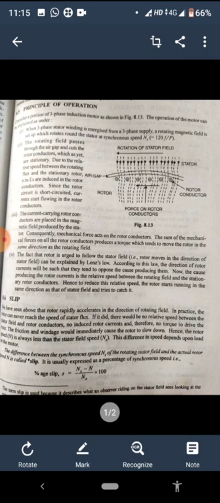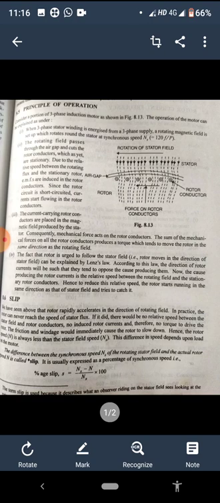In another way, according to Lenz's law, the EMF is produced due to the rotation of the stator field. According to Lenz's law, we have to oppose the cause which is producing it, so the conductor has to rotate in the same direction as the rotating stator field. So according to Lenz's law, it is also proved that the flux produces a mechanical force, which is given by Fleming's left hand rule. This is the basic principle of the three-phase induction machine.